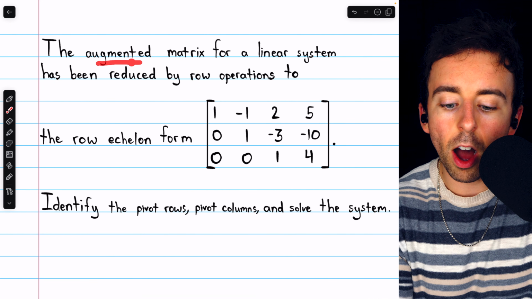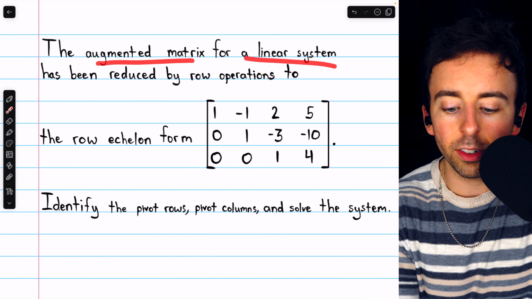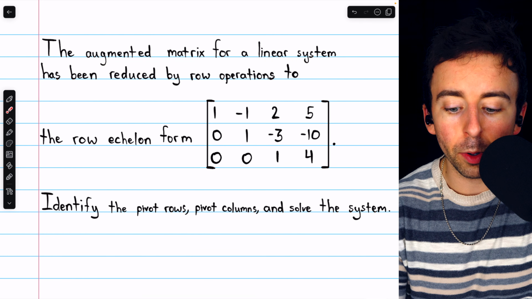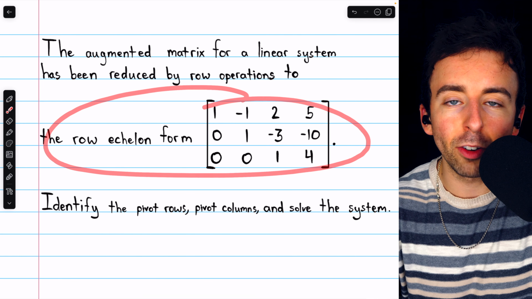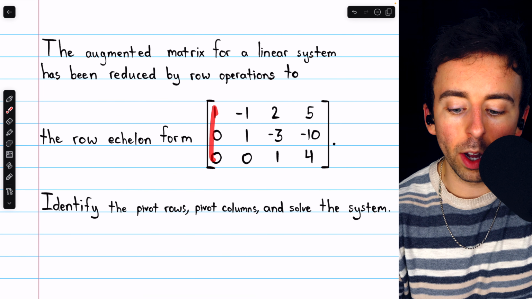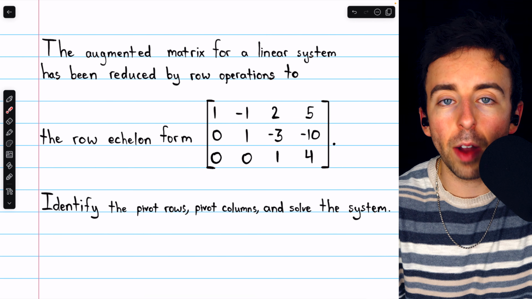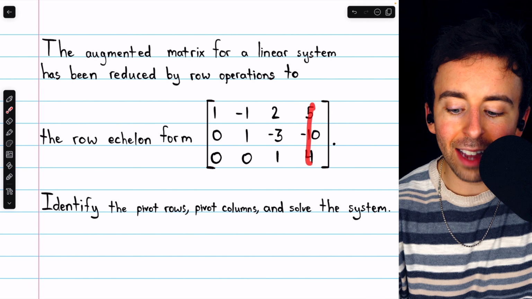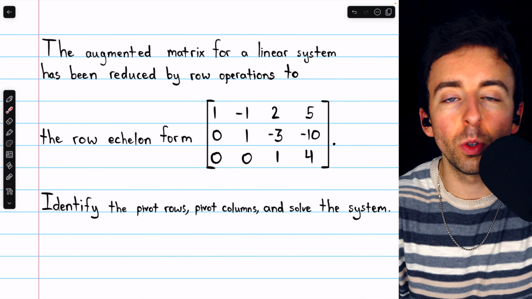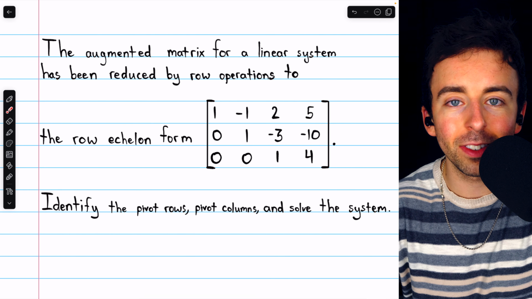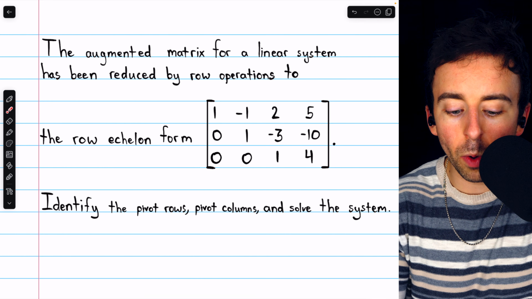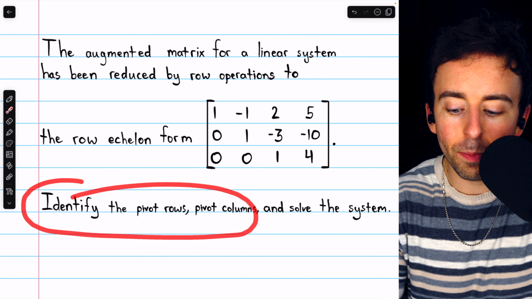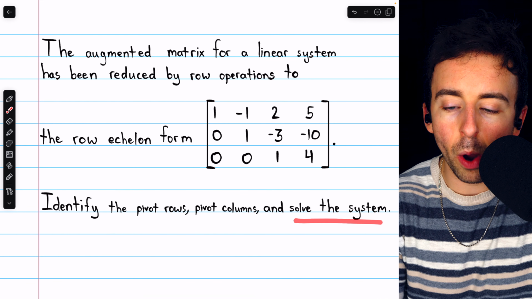Let's suppose the augmented matrix for a linear system has been reduced by row operations to this row echelon form. Columns 1, 2, and 3 correspond to the variables x1, x2, and x3, and then this last column we assume corresponds to the constants in the linear system. From this information, we want to identify the pivot rows and the pivot columns and use the row echelon form